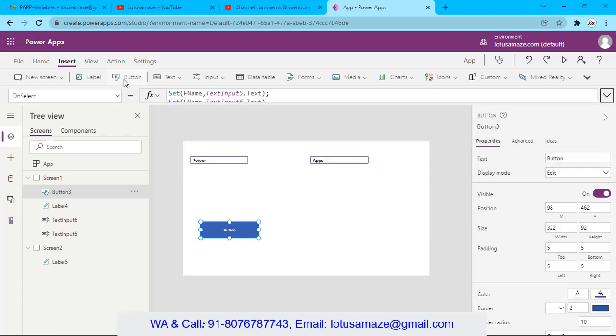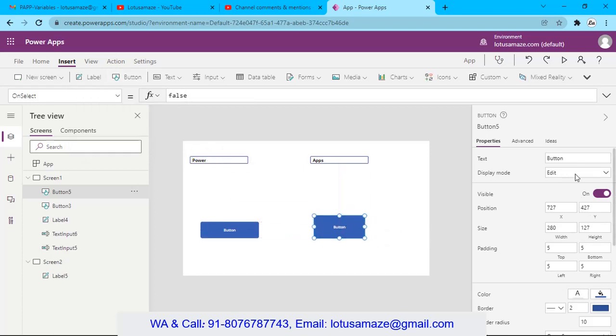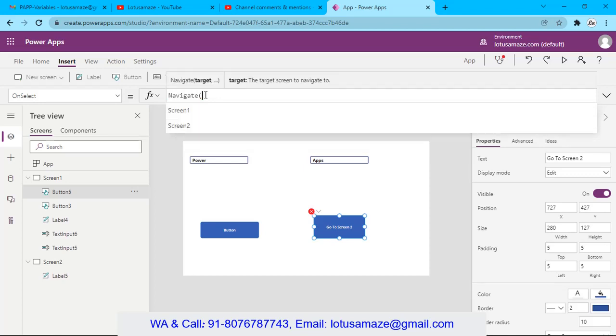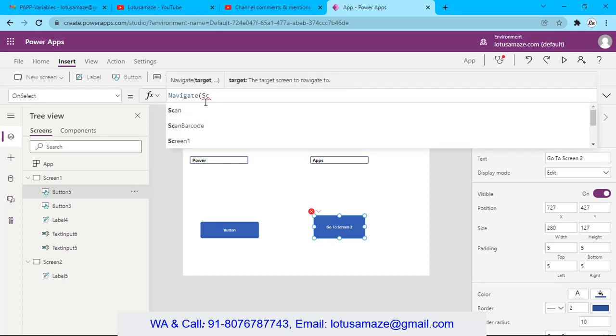Now we take a button. On this button, go to screen 2. On select, Navigate, then Screen2.